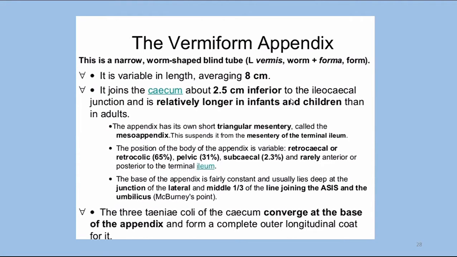Now, the position of the appendix is variable. It could be retrocecal 65% of the time, or behind the cecum. It makes it hard for us to see it in ultrasound. It makes it hard for us to look for it because it's